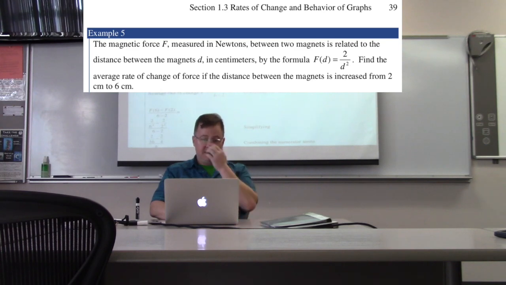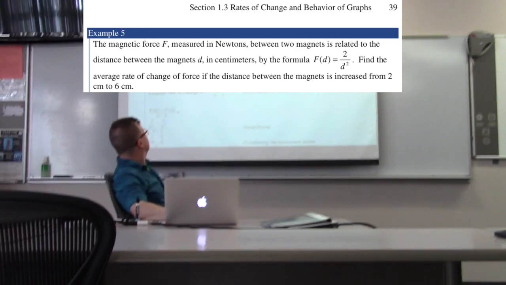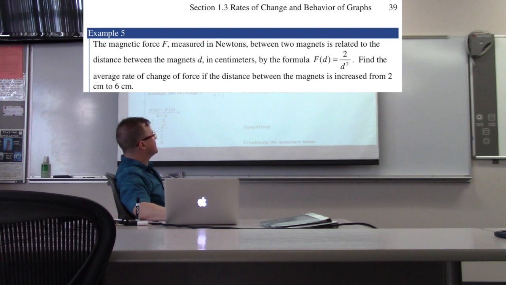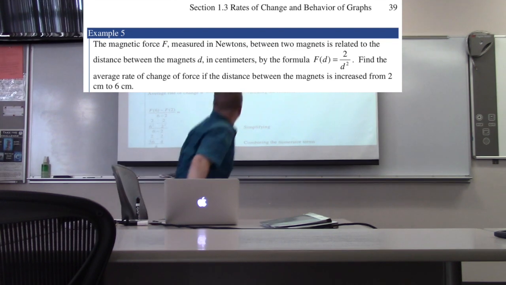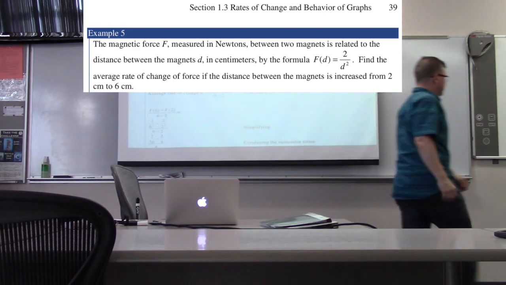It says here the magnetic force measured in newtons between two magnets is related to the distance between the magnets, d, in centimeters by this formula. Remember how I mentioned the inverse square function? I said it's kind of like gravity. The same can be said for magnetism as well. So this is a function here. Looks like your inverse square function, except there's a 2 on top instead of a 1. Find the average rate of change of force if